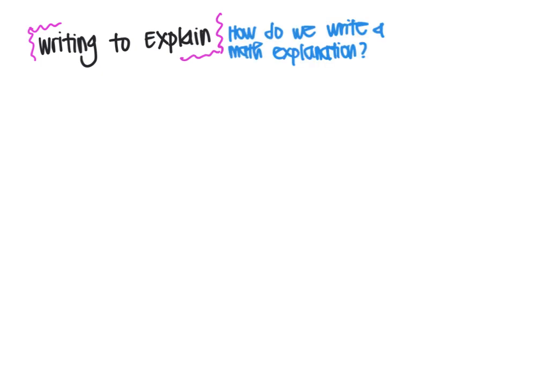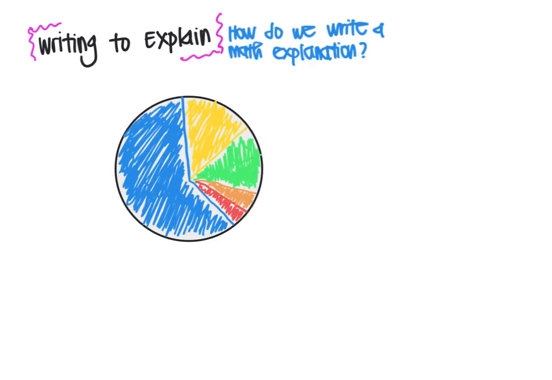Today we're focusing on topic 9.3, writing to explain. How do we write a math explanation? We're going to use this circle graph along with the idea of benchmark fractions to explain what we see on our pie chart. Looking at my pie chart, I can see that I have the following colors: blue, yellow, green,